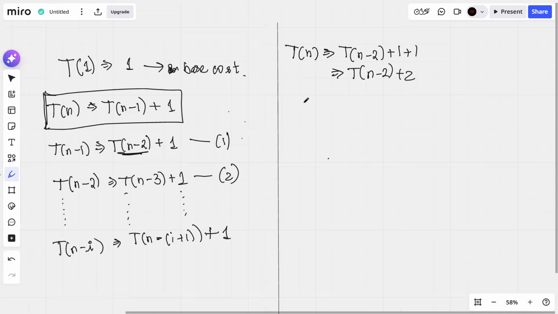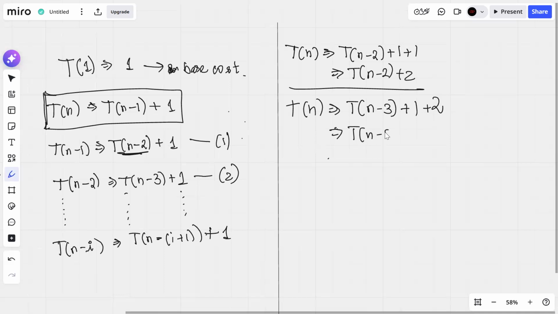Again, I know the value of t of n minus 2 in terms of t of n minus 3. So my value t of n becomes t of n minus 3 plus 1 from the second equation plus 2 from our previous equation. Sorry, t of n minus 3 plus 3. Correct. If we continue like this, for some t of